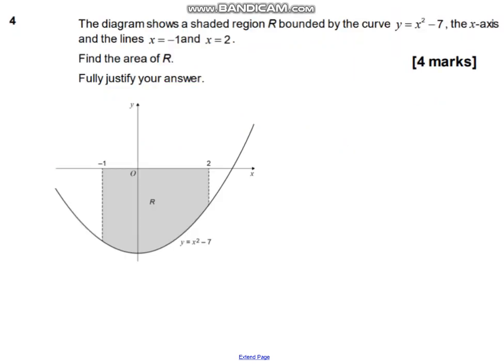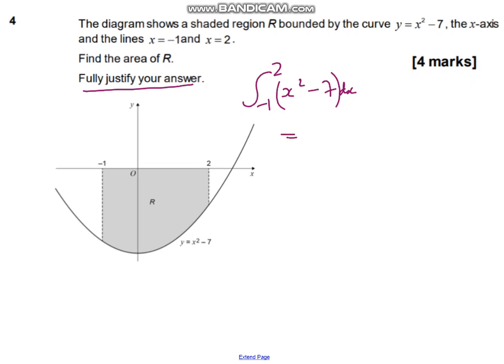Okay, question 4 now. Again, this is another definite integral, but there's a slight twist on this one, and again it's to fully justify your answer, so I'm afraid you cannot just use the calculator. So here we go. So it's going to be the integral from -1 to 2 of x squared minus 7 with respect to x,